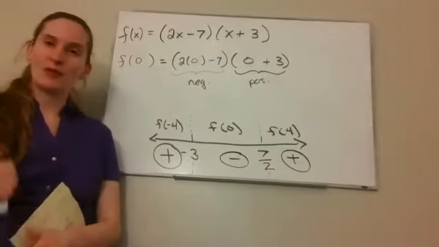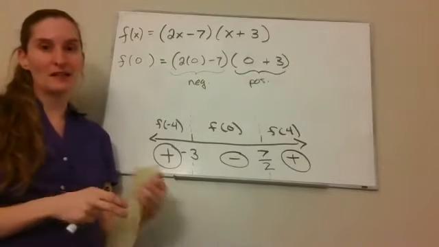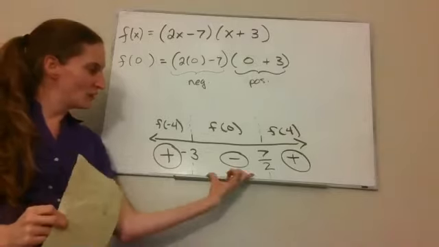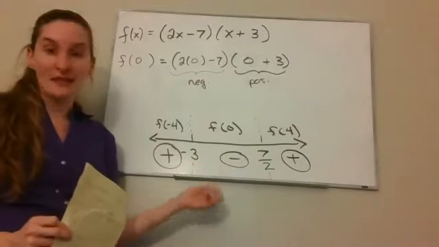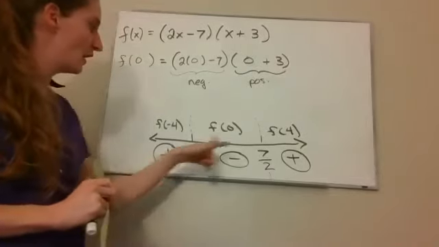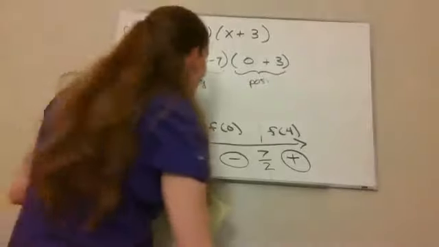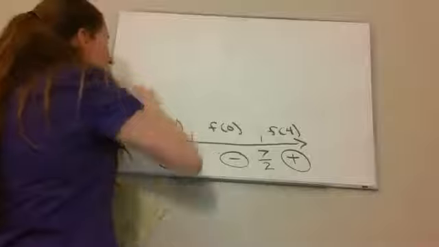Now we have to remember, were we solving greater than 0 or less than 0? And it was less than 0. So I want the section of the number line where I get negative results. And since it was less than 0, not less than or equal to 0, I do not include the endpoints. So the answer to my inequality